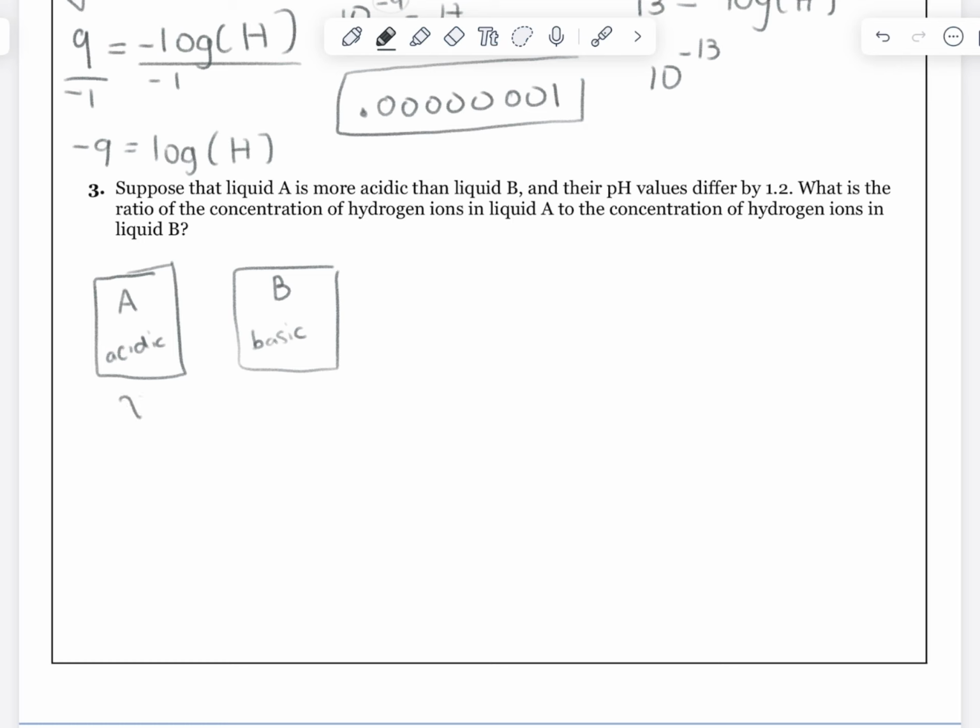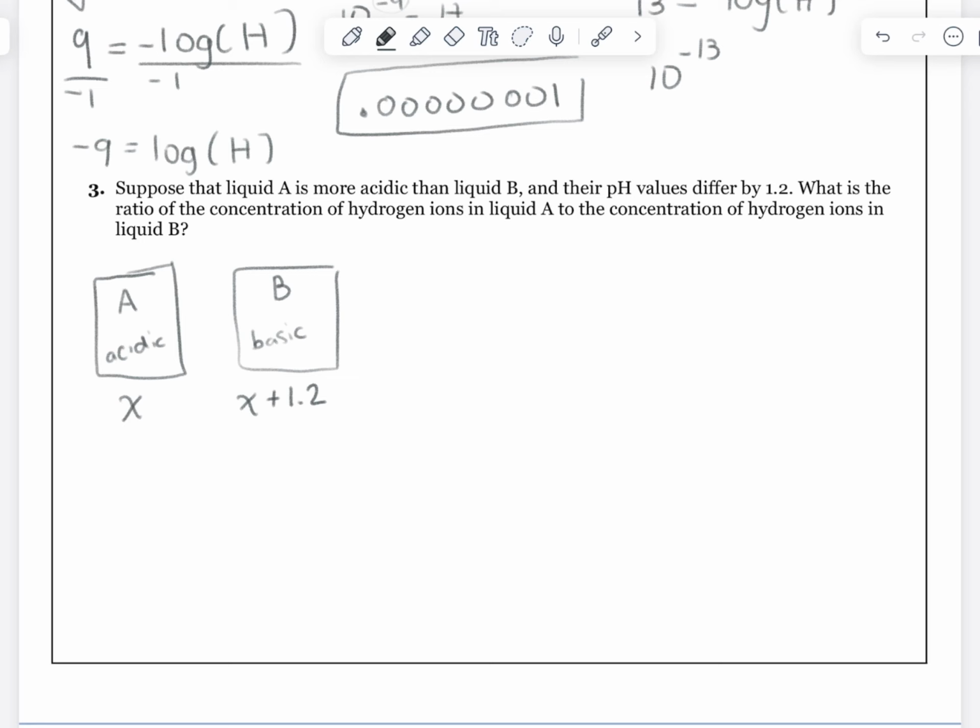That means that whatever the pH of liquid A is, liquid B has a pH of X plus 1.2. You need to understand that the more basic something is, the higher a pH it's going to have. And I did give you that background information before we started the test. Okay, anyway,